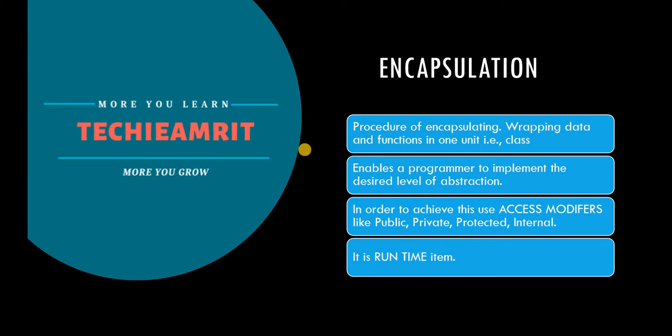If I have to summarize this small encapsulation definition, encapsulation is hiding the important background details from the user, how it is performing. Or you can say what the object actually does, we focus more on that. It is a runtime item. Why do I call it a runtime item?